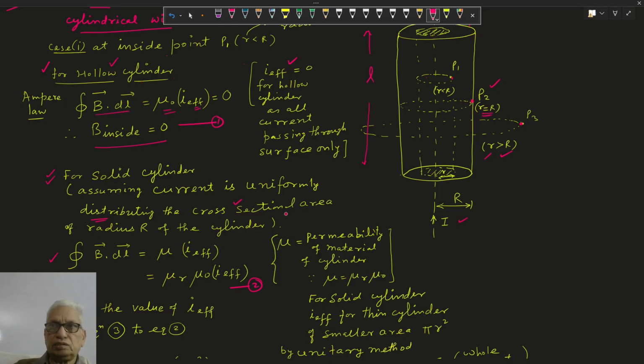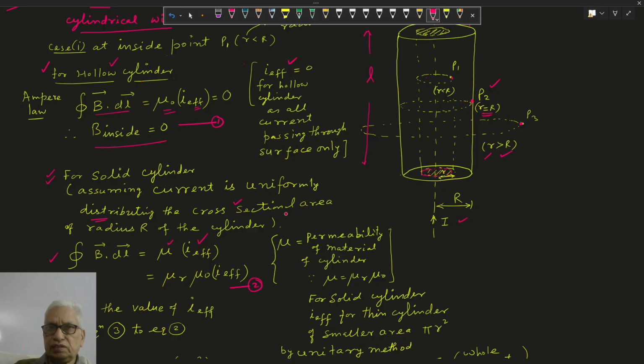नहीं ले रहे हैं because मीडियम है, सॉलिड है. mu naught होता है वैक्यूम के लिए. It is mu and I effective. I effective is not I. अगर पूरे में अगर क्रॉस सेक्शन एरिया कैपिटल आर में करंट आई है तो स्मॉलर पोर्शन में करंट आई नहीं होगा, कुछ कम होगा. तो this is the effective current in the smaller portion area and this is the permeability